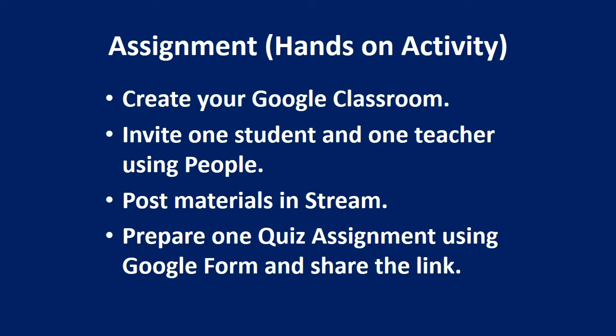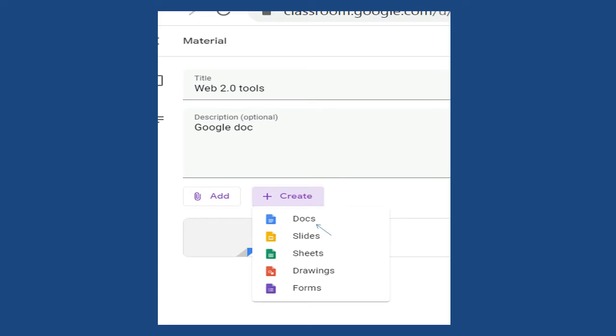Now, let's refresh ourselves by doing a hands-on activity. In material, click on Google Document, delete the untitled document, and type your title. Here I typed Web 2.0 tools, and you can give a heading, aims and objectives of the program. That is my heading here. And type the content, the word content, in the blank space.